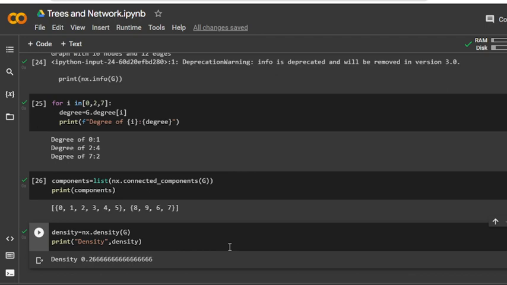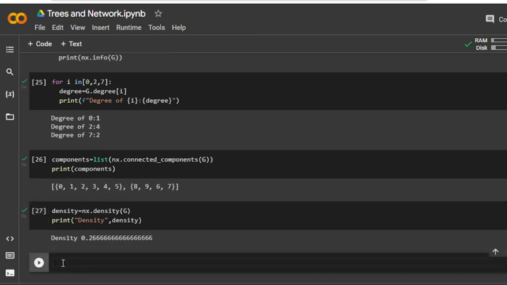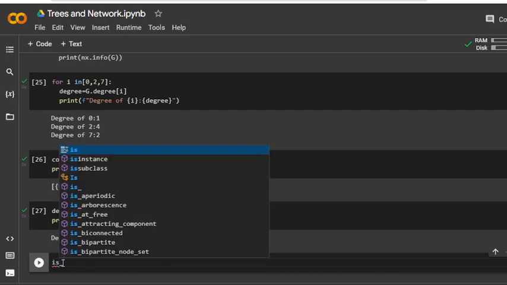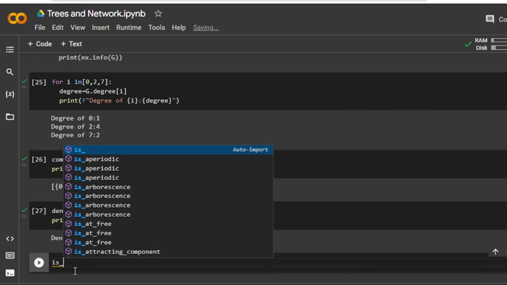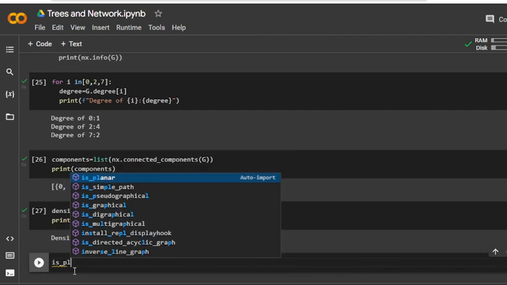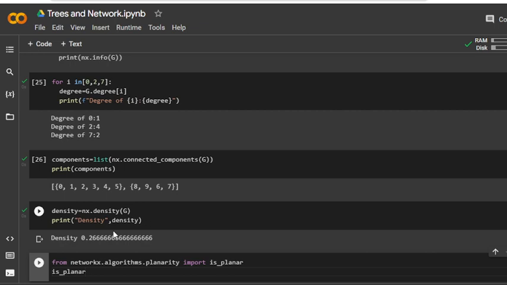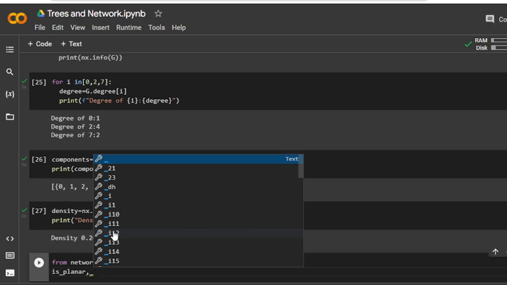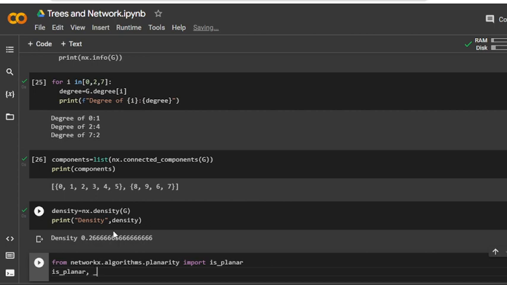And finally we can determine whether a network is planar, meaning that no two edges need to be drawn crossing one another, by using check planarity. So how do we check? Let's see, we could check here is_planar, comma, underscore, after the comma give some space, and this one,